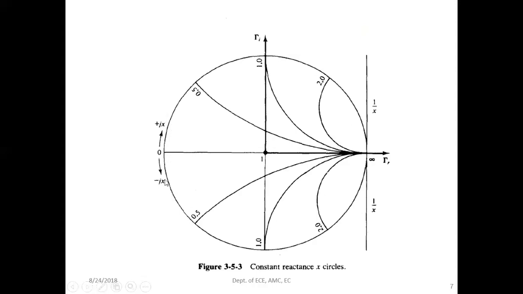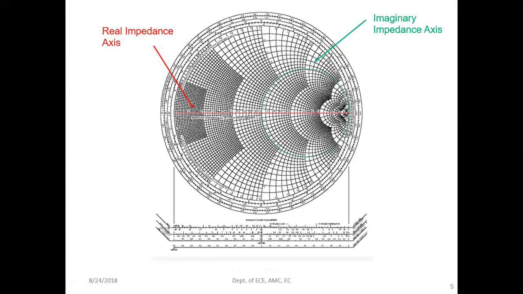Whereas below the line, you will have negative reactance. Remember, whatever values you plot from the center line to the above are positive reactance. Similarly, from the center line to the below, whatever you plot is called negative reactance. Any confusion, have you not understood till now? Please let me know.